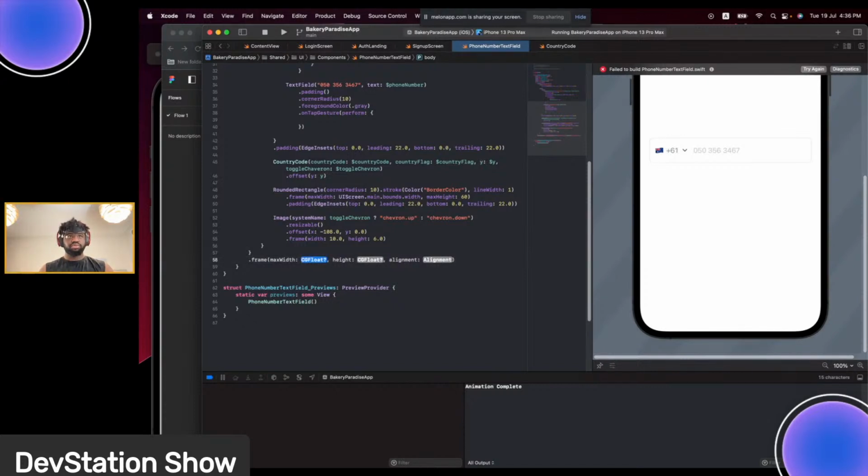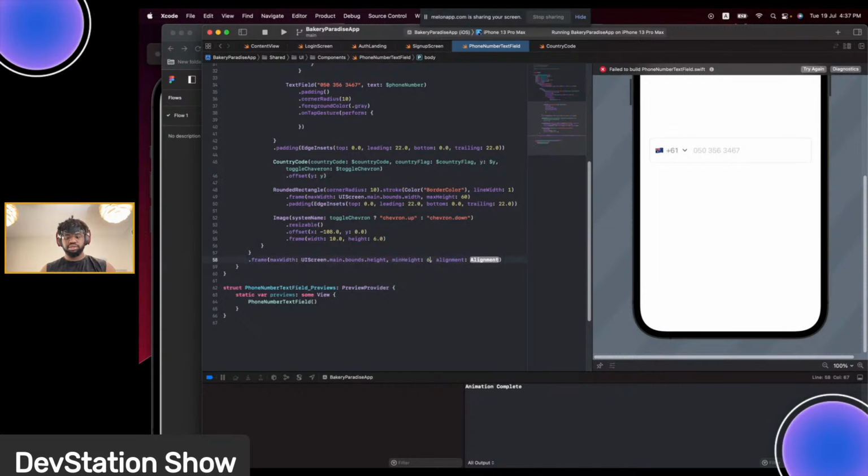Set the max width to be UIScreen.main.bounds.width. And we have another property. It should be minimum height. So set the min height, and that should be